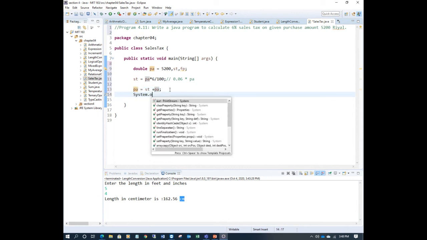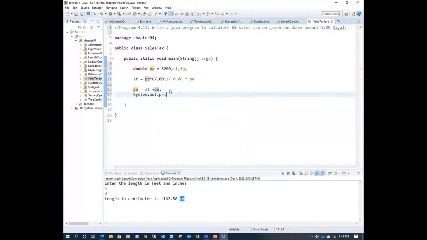Now we'll write it here. System.out.println, sales tax is. Now you print the sales tax first, ST, isn't it? The next is you copy and print the final amount. You can say purchase amount, or final price.